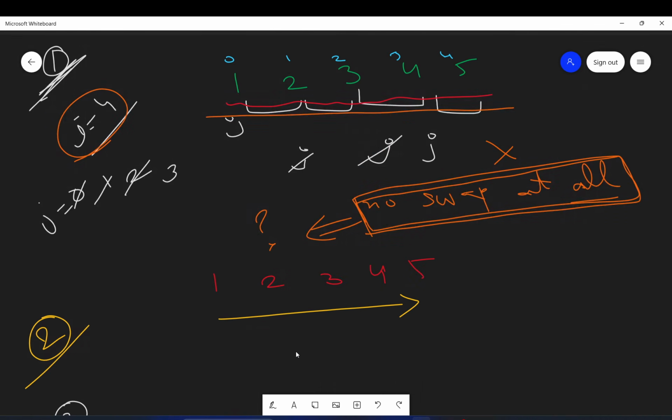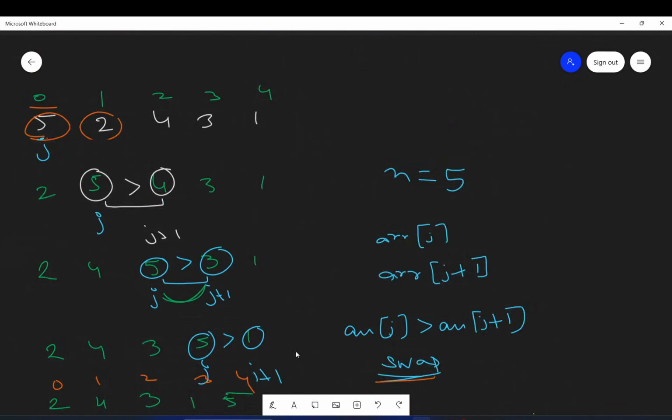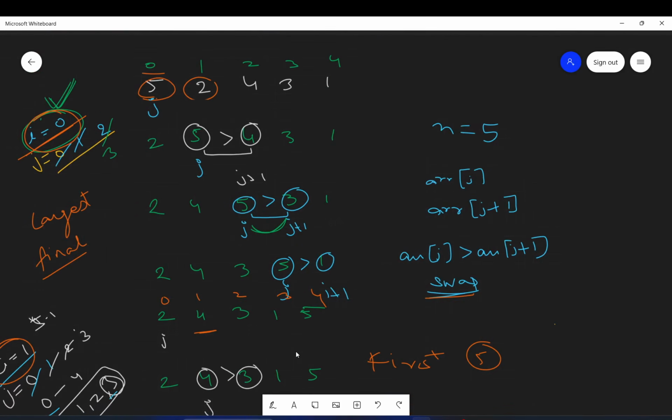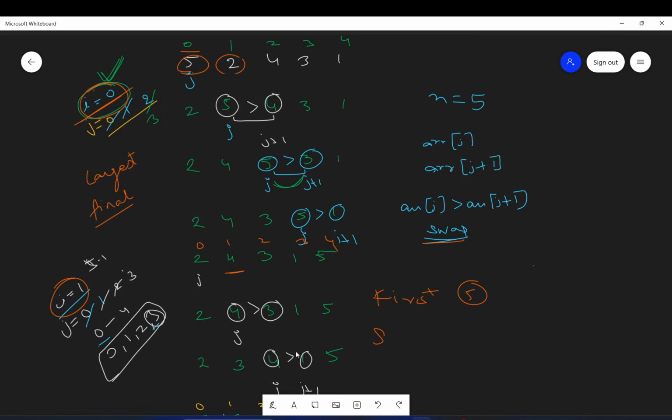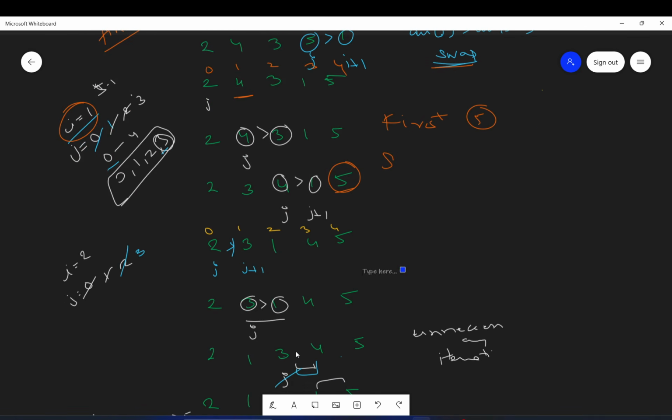So guys, if you remember, I discussed with you that at every iteration, when we did the i is equal to 0 iteration, our largest element came to the last position. When we did the i is equal to 1 iteration, our second largest element came to the right position.